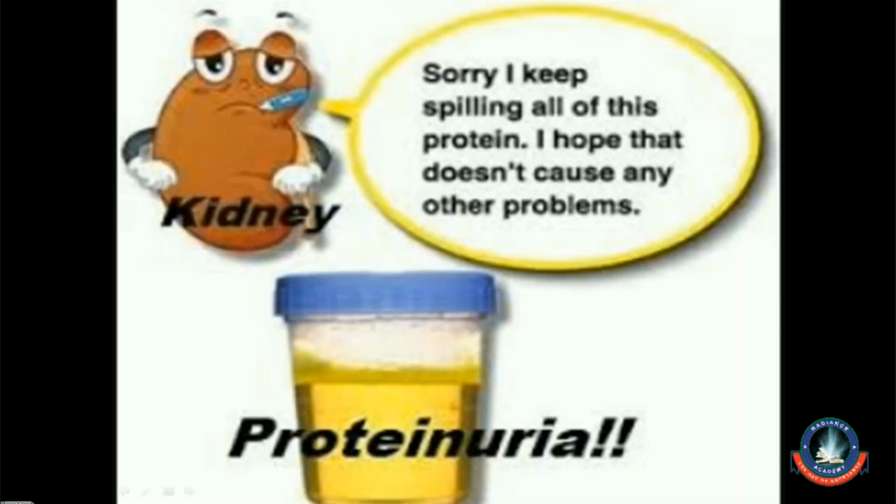Moving on to albuminuria, which we also know as proteinuria. What happens here is, again, proteins are large molecules. They are reabsorbed. They are not allowed to be present in your urine. But in case it does happen, due to high blood pressure or increased permeability of your Bowman's capsule from a bacterial infection or any other urinary tract infection, that could be the reason that protein is present in your urine.